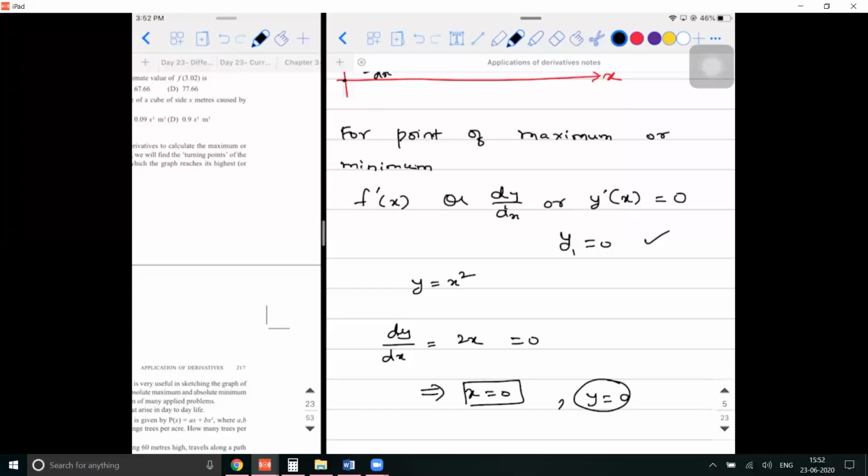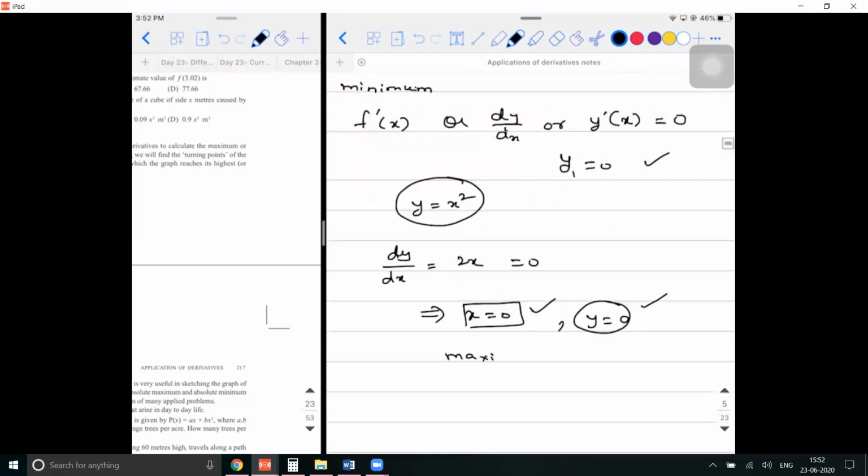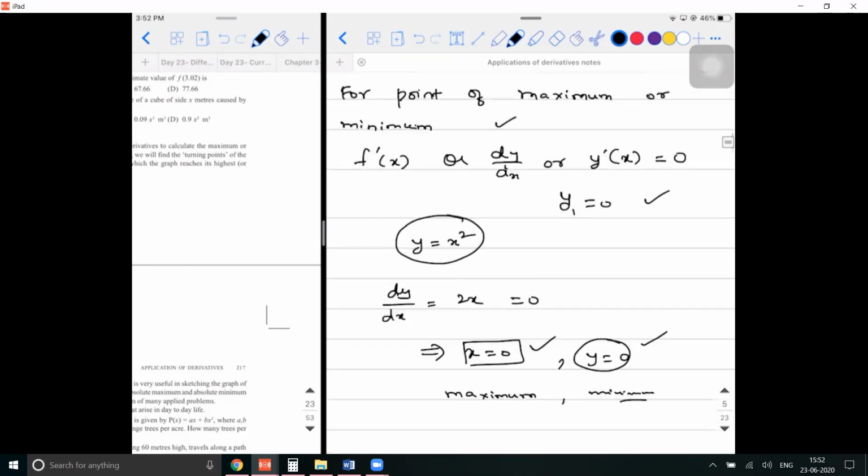But unless and until, see, because this graph, y is equal to x square graph, you people know. Unless you see the graph, will this condition be sufficient enough for me to tell that this point is maximum or minimum? No, sir. No, because I might say it is a point of maximum, you will say it is minimum. You might argue with me saying it is a point of minimum. Then how do I prove it? So one thing is clear for us, that the first derivative test is not sufficient enough for us to find whether the given point is maximum or minimum.